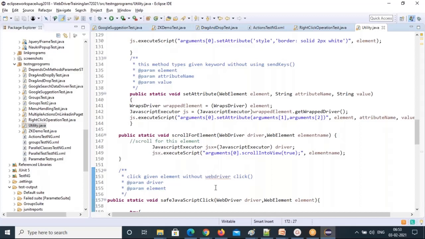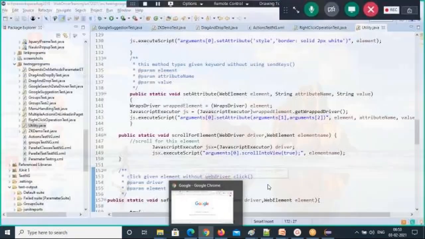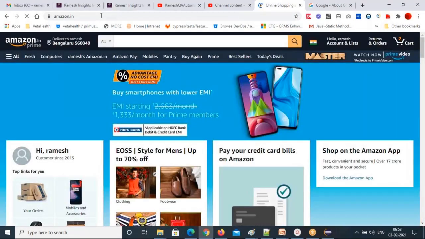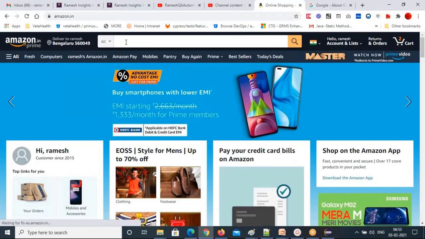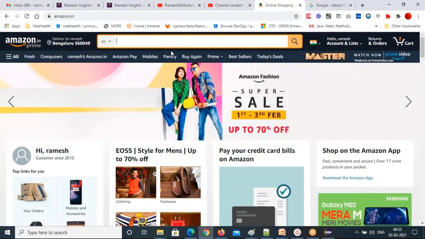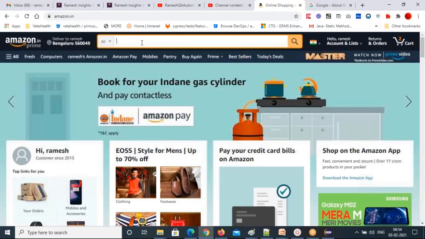So let's see this scenario. I'm taking one simple example, the Amazon website. I'm going to type here. First, I will highlight this edit box. After highlighting, I'll type without using the sendKeys method.